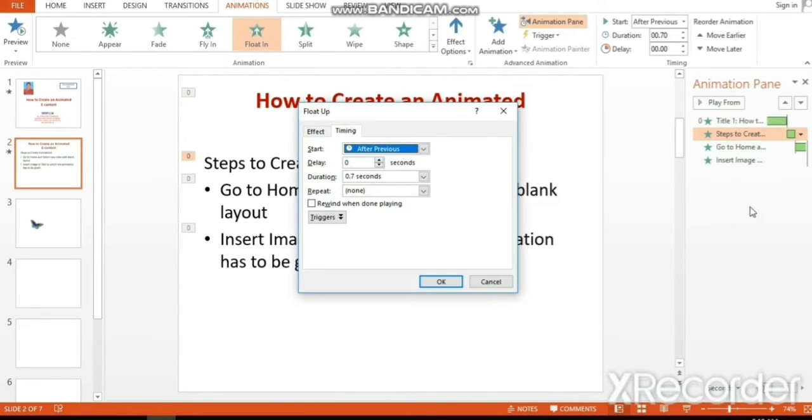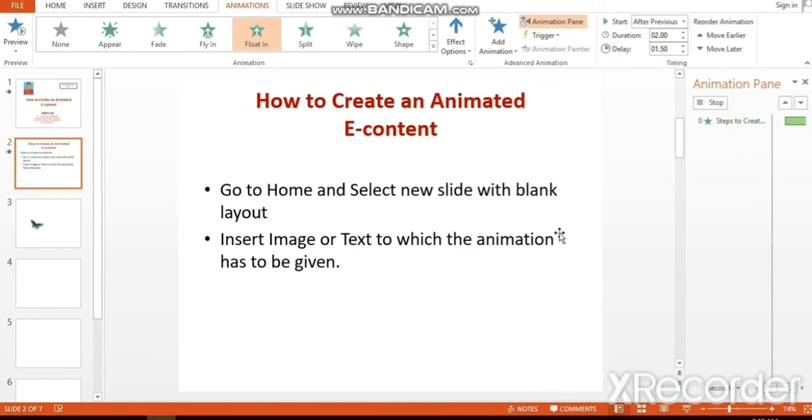Like that, you have to change the timing for other sentences also. Select the medium duration for all the other two sentences also. And click OK.